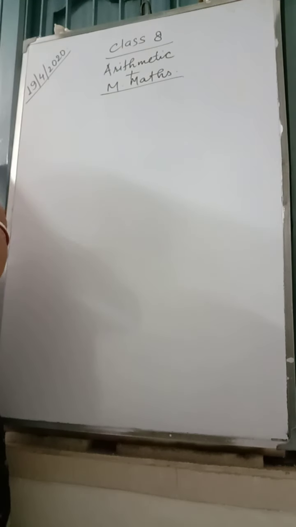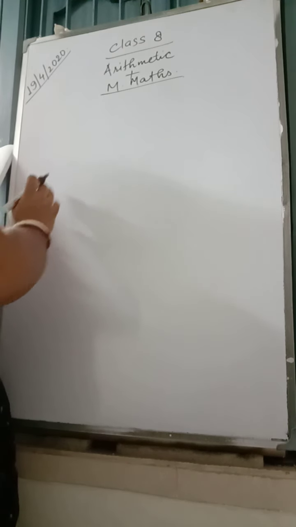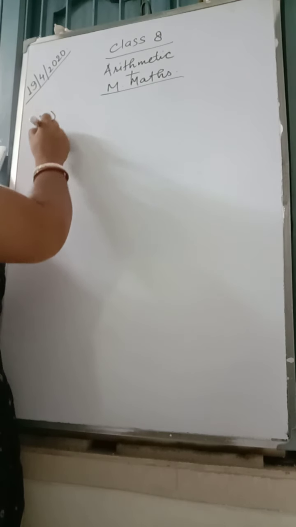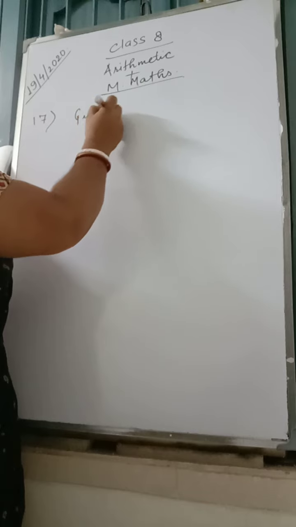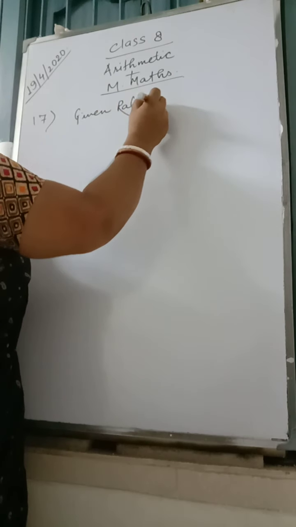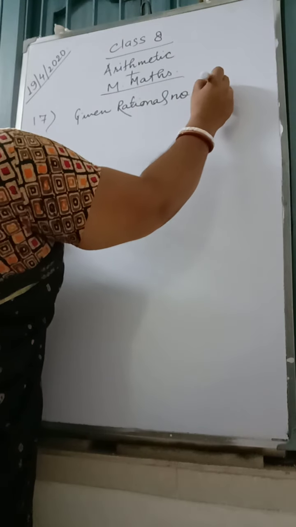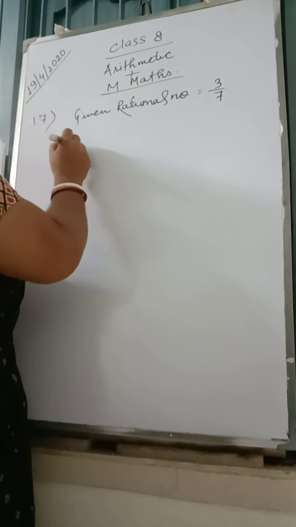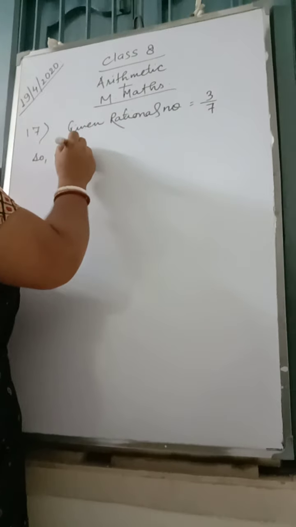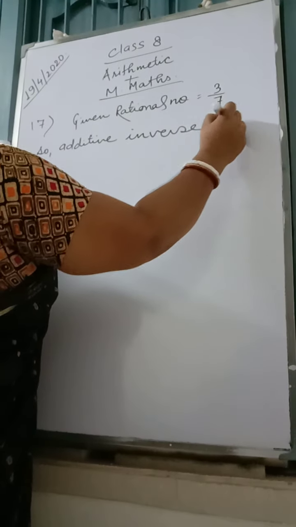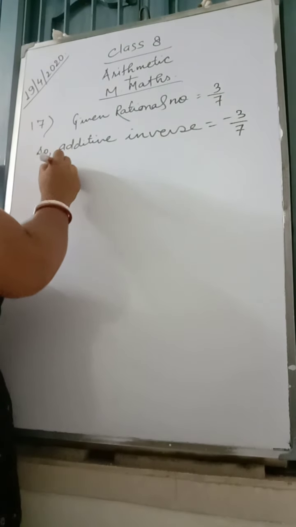So look at question number 17. It says, instead of adding the additive inverse of 3 by 7 to its reciprocal, Syama subtracted it. How much more was Syama's answer when compared to the correct answer? Now the question says, the given rational number is 3 by 7. So the additive inverse will be minus 3 by 7, and the reciprocal will be